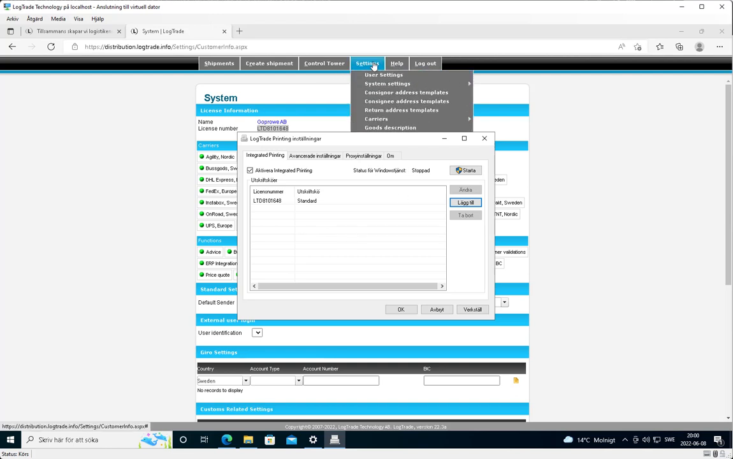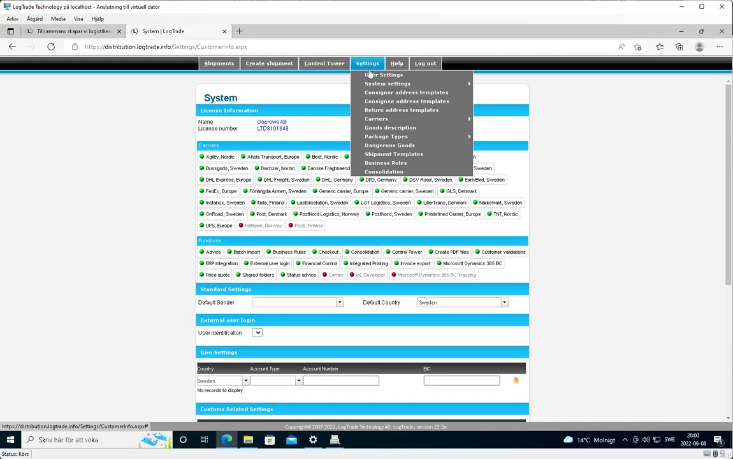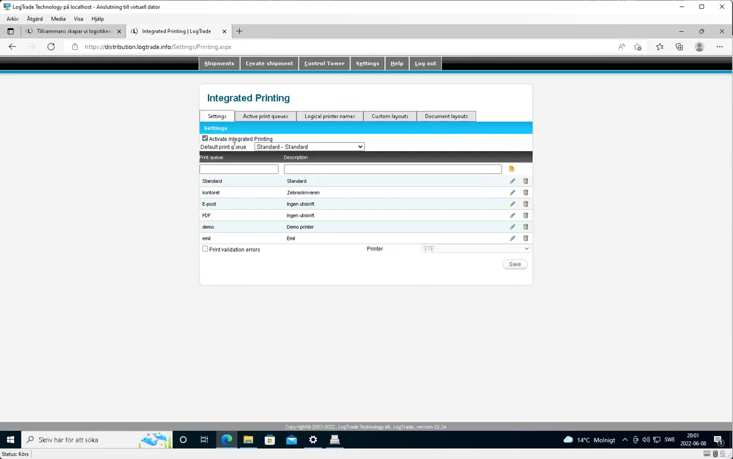And we also need to take a look at some settings inside Logtrade. To get integrated printing to work, we need to enable it in Logtrade, and we do that here. Otherwise, Logtrade will not create print jobs. So you will activate integrated printing, and here you can also specify new print queues that you can configure integrated printing to listen on. And then if we go to Business Central and Logtrade Connect,